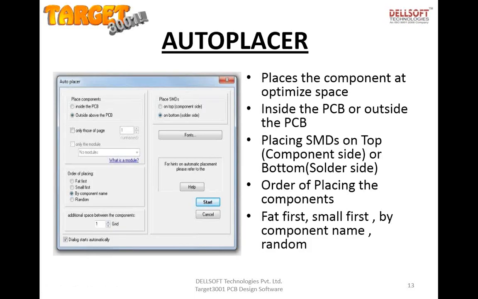Then we come to the autoplacer. I just show you the brief of the software, and we'll go to the software and design any circuit and see the flow. So autoplacer, I've told you that this is the inbuilt tool which is available in the software. When you design any layout, it will create automatically. All components would be imported automatically into the workspace in optimized space. So this autoplacer helps in this activity.